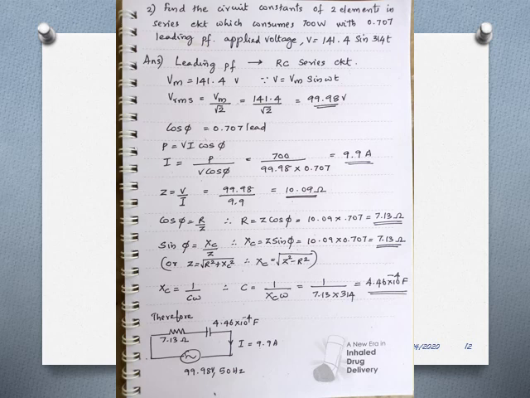Any of the equations will yield the same answer. Now that you have calculated the capacitive reactance Xc, you should find the capacitance C. Xc is equal to 1 by C omega. Therefore C is equal to 1 by Xc omega. So it is 1 divided by 7.13 into 314. So you get it as 4.46 into 10 raised to minus 4 farads. Then finally you should draw the circuit diagram, which has a resistance of 7.13 ohm and a capacitance of 4.46 into 10 raised to minus 4 farad, connected across a supply of 99.98 volt, 50 hertz, with a current of 9.9 ampere flowing through it.